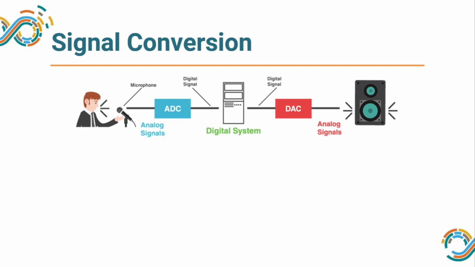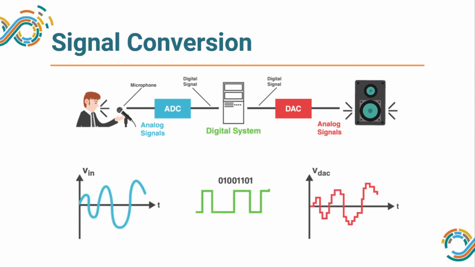So we attach an ADC, which is called analog to digital converter, which will convert our audio speech signal into a digital signal, which will be processed by this digital system, and then again we take a digital to analog converter, DAC, to convert the digital signal back to analog. So if we talk about it graphically, an analog signal is converted into a stream of digits, which is again converted back into a suitable analog form. So this is what we do.